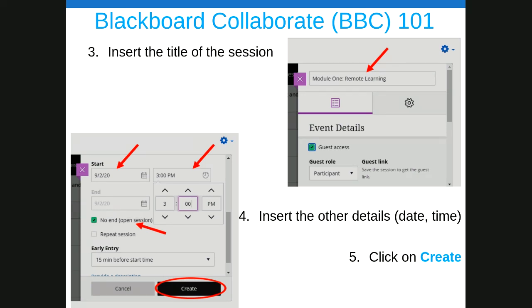We created a session. And then on the left side, we inserted some other details, whether it's the time and date, or whether it's an open session. I suggested leaving it as an open session. And of course, the recording, the downloading of recordings and so on. That's your prerogative, but I was just stating the pros and cons. It will guide you in making the right decision for your particular course context. And of course, we basically created that entire session.